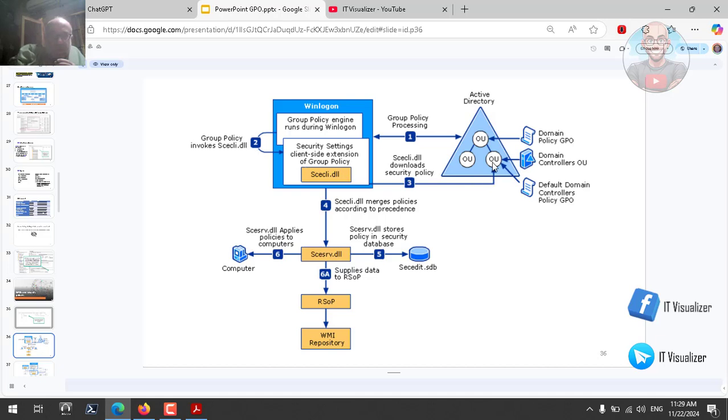Then it will go and download the security. So first it's only processing, or it's only taking the names and location, and then this DLL will be responsible for downloading the security policy. Then it will merge the policies according to precedence. If there are a lot of group policies that contain a lot of security settings, it will merge them if they don't conflict with each other. If they have conflicts, then it will apply